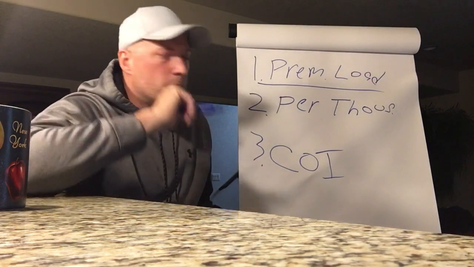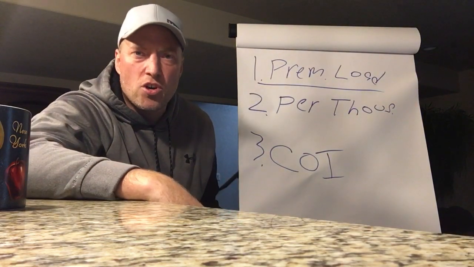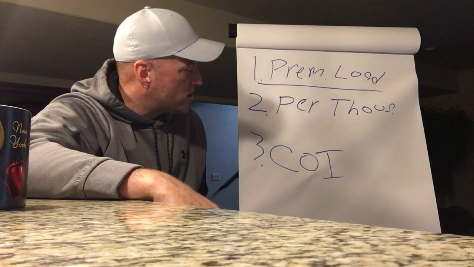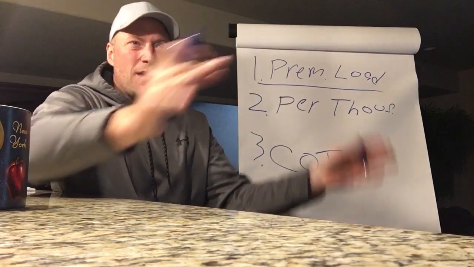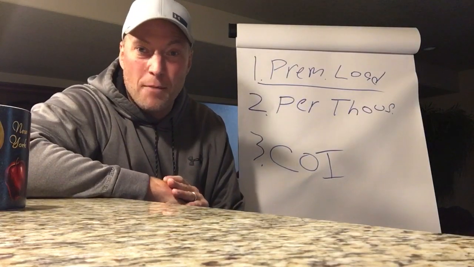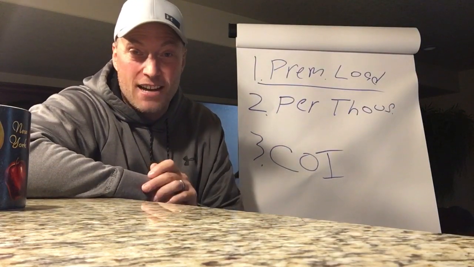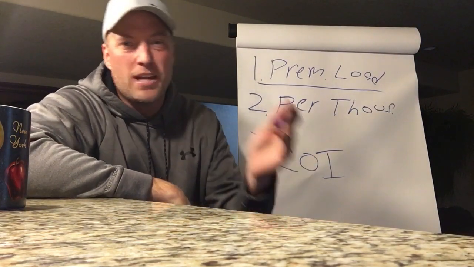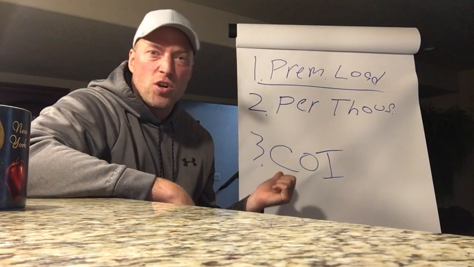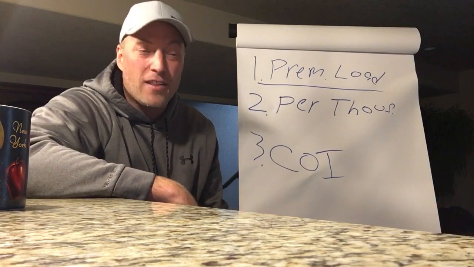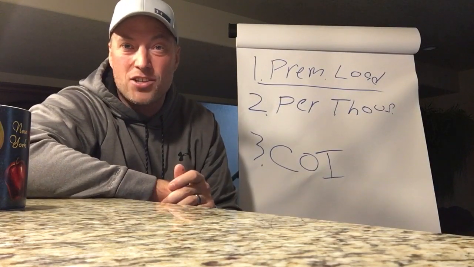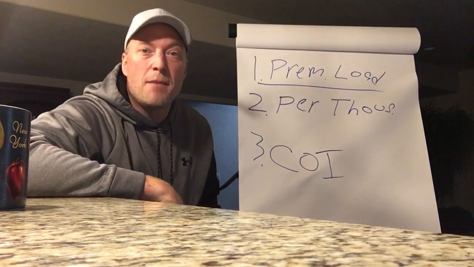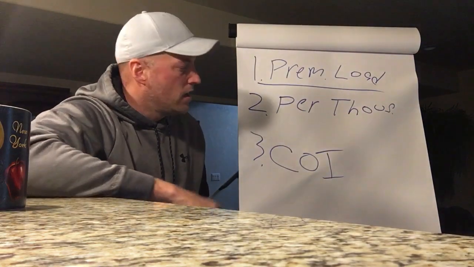But the third one here is cost of insurance charges. Cost of insurance charges, that's pretty obvious, right? If there are 1,000 people in a group, the insurance company is going to have to pay death benefits on, say, 3, 4, 5, 50 of those people, depending on their health, depending on how old they are. Cost of insurance charges go towards that check that the insurance company has to write to the end consumer. So cost of insurance charges come out monthly as well.